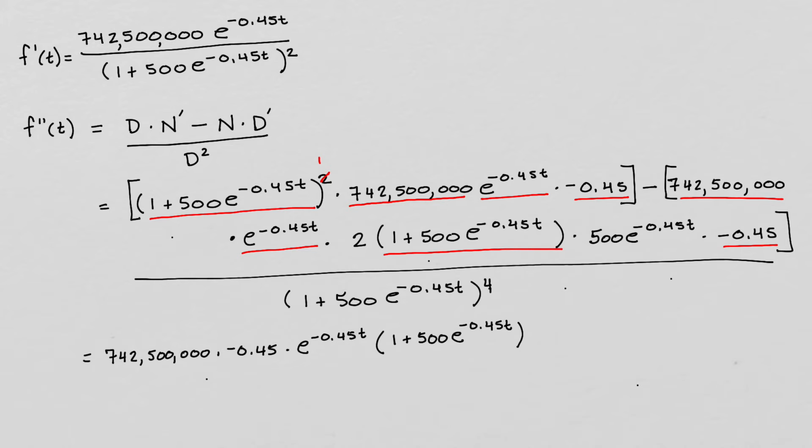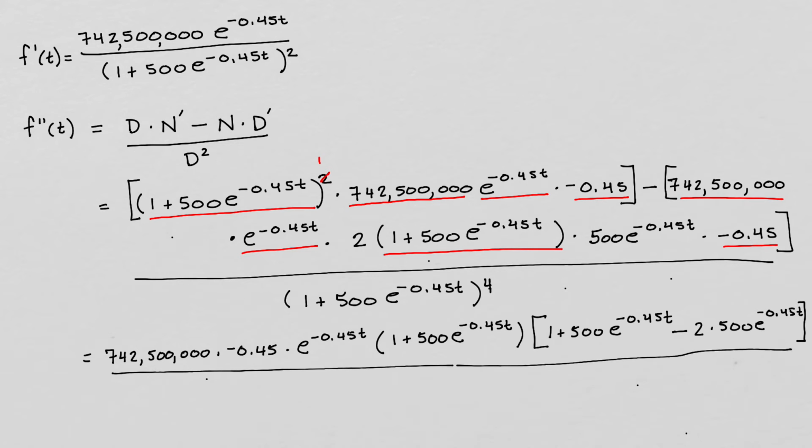And that was everything we had in common. So that's going to leave me with 1 plus 500 e to the negative 0.45t. That's the only thing that's left in the first set of brackets. In the second set of brackets, I'm going to minus, what do I have left here? I have 2 times 500 e to the negative 0.45t. Cha-ching. Okay. And this is all over 1 plus 500 e to the negative 0.45t, and that's all to the